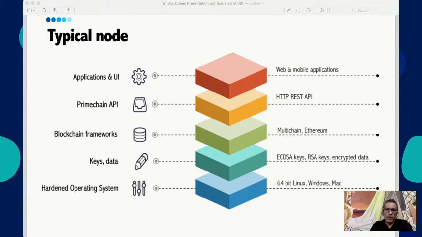That's the simplest way to hack into a blockchain, so to say. Then you have the blockchain framework. You have installed Multichain, Ethereum, whatever protocol you are using. On top of that, usually you have an API layer, and then finally, you have your web and mobile application. That is the biggest point of vulnerability if you are able to hack into the web application.